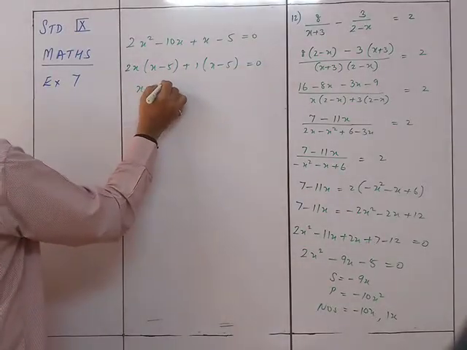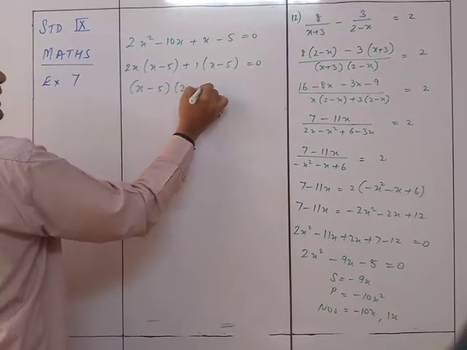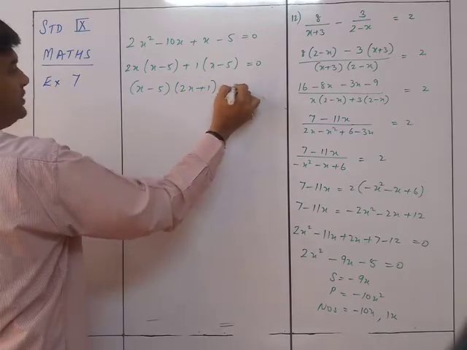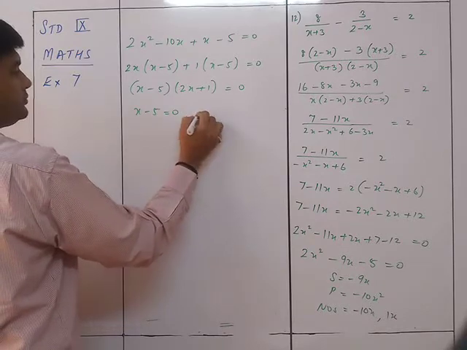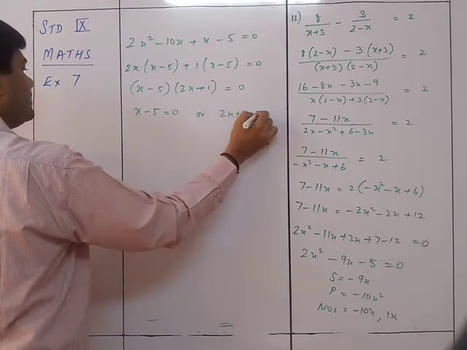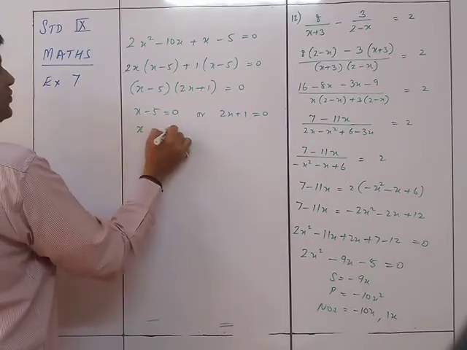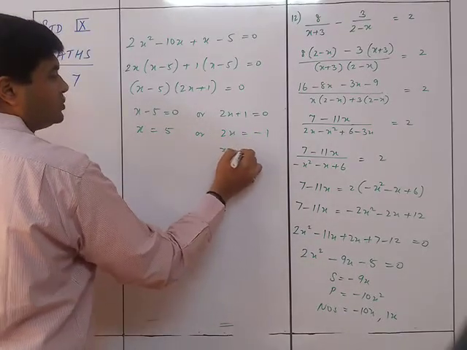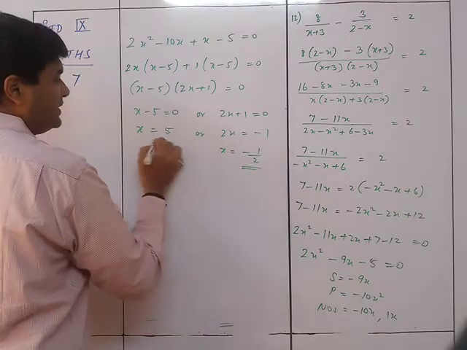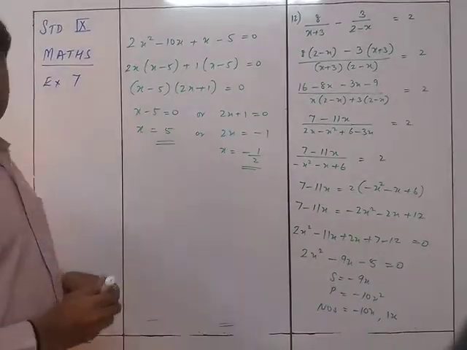So x minus 5, 2x plus 1 is equal to 0. X minus 5 is equal to 0, or 2x plus 1 is equal to 0. So x is equal to 5, or 2x is equal to minus 1, x is equal to minus 1 upon 2. So these are the required solutions